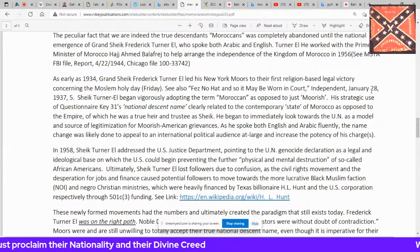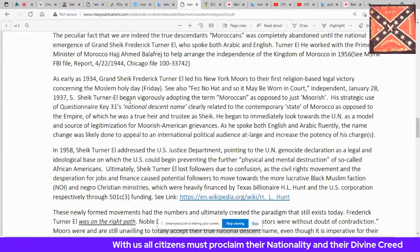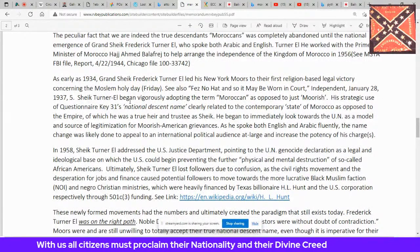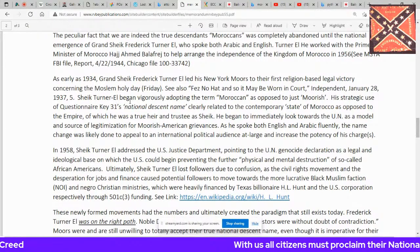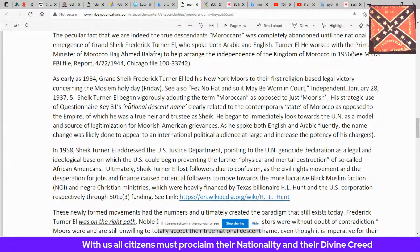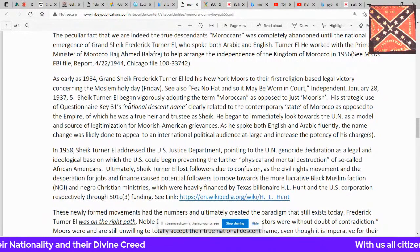Independent, January 28th, 1937. Sheikh Turner L began vigorously adopting the term Moroccan as opposed to just Moorish. His strategic use,